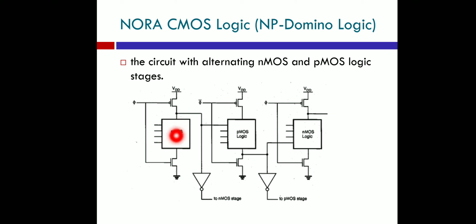Now similarly, in the PMOS, when phi is high, phi bar is 0. So this evaluation transistor is on. Remember, in the PMOS logic block, this is the evaluation transistor, and this is the pre-discharge transistor. So this transistor is on, and depending on the inputs being applied to the PMOS logic, this output node will be charged to 1, or it will remain at the pre-discharge value of 0.